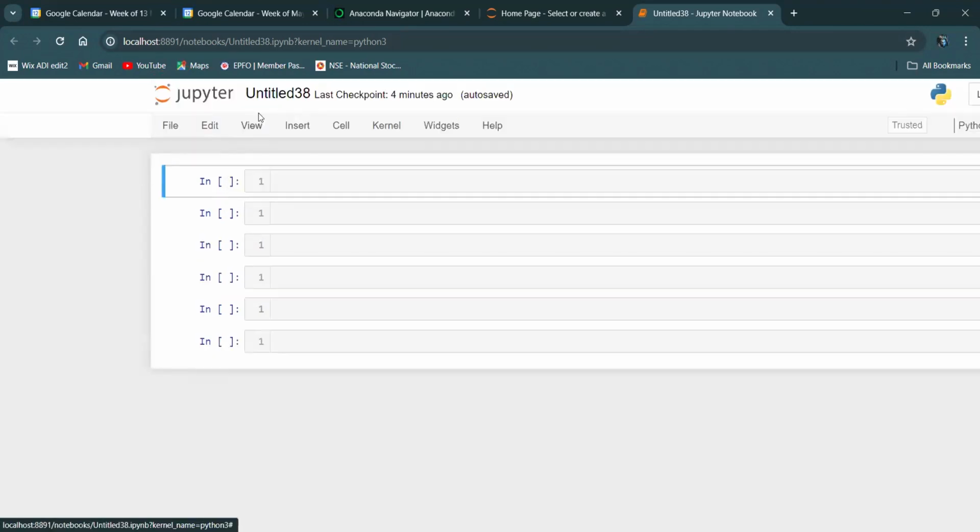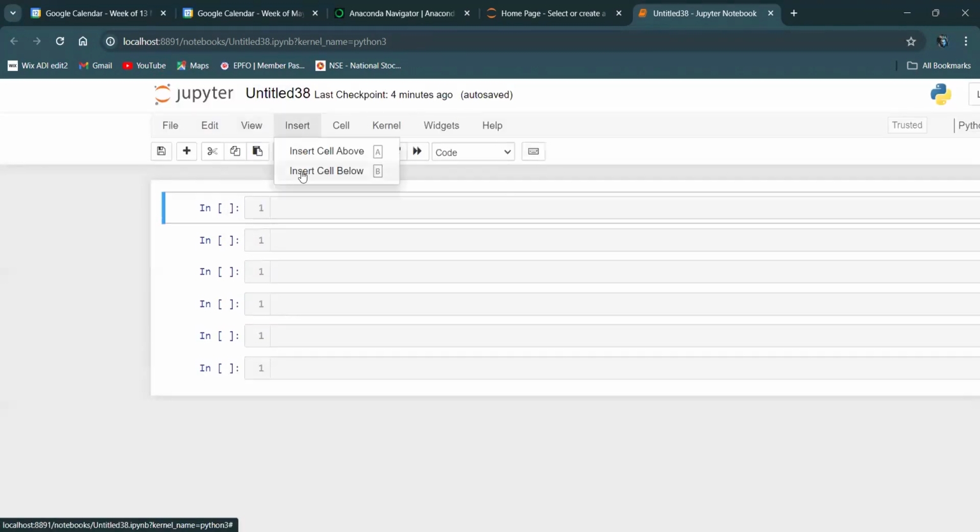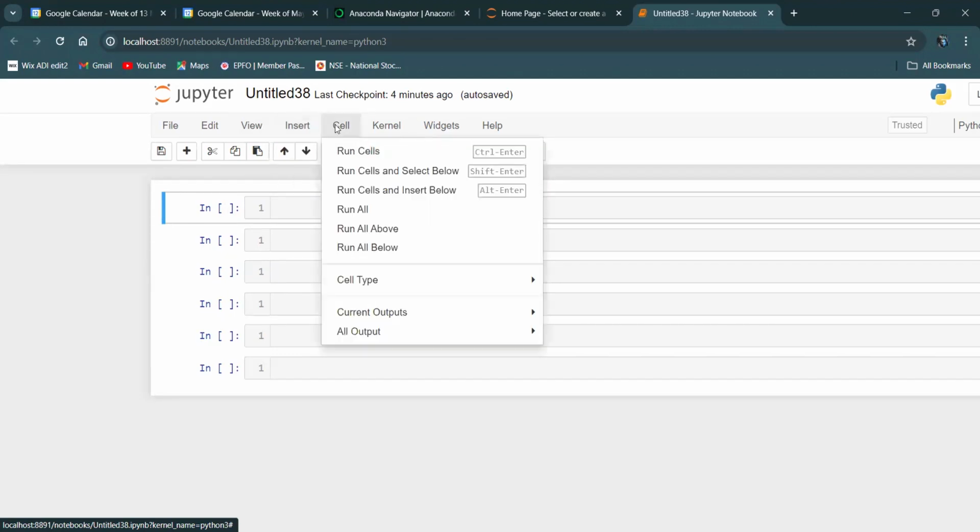So both are hidden now. So insert the cell above, insert the cell below. You can check it. Cell. So this is nothing but to run the cell, to run the selected cell. Or to run the cell above, or to run the cell below. You can check it.